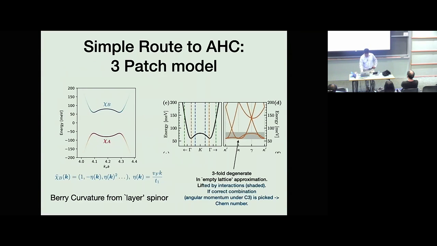Yes, that's what we were hoping to answer with this kind of 3-patch model. I think this is where it gets closest to trying to answer that question. First of all, it cannot be super universal. It depends on parameters, because we could get Chern 0, we could get Chern 1. Roughly speaking, the simple-minded criterion is how much Berry flux do you have in the Brillouin zone in the bare band structure before you turn on interaction. And that depends on the density, roughly. If the density is very low, you don't actually realize this Berry curvature in the Brillouin zone, and you end up locking into the Chern 0. But as you increase the density, you see more of the momentum space, and then you pick up.